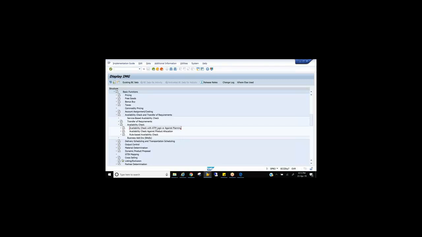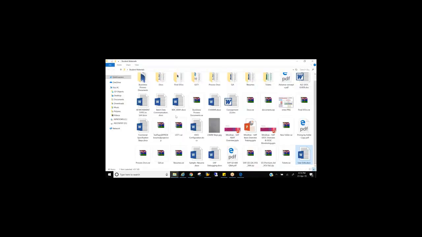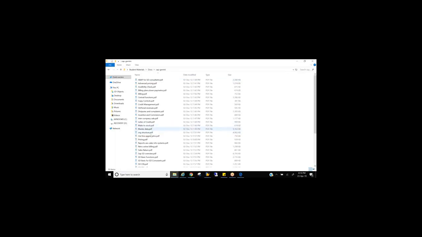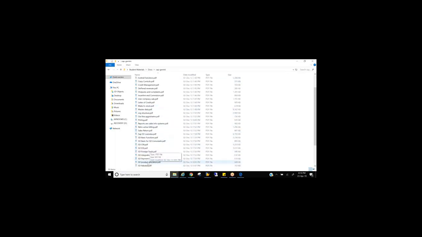They are masters in GATP, global availability promise, GATP in the APO module. They are masters in this topic. So they are working for 5 years, 7 years, like that. Because the better you plan, the better you can keep up the promise to the customer when you will be delivering, right? So availability check can be performed using either ATP logic or product allocation. So ATP we will be discussing, but product allocation, as I was telling you, you just go through this Capgemini material. In the Capgemini material, you have SD product allocation. Go through this document.